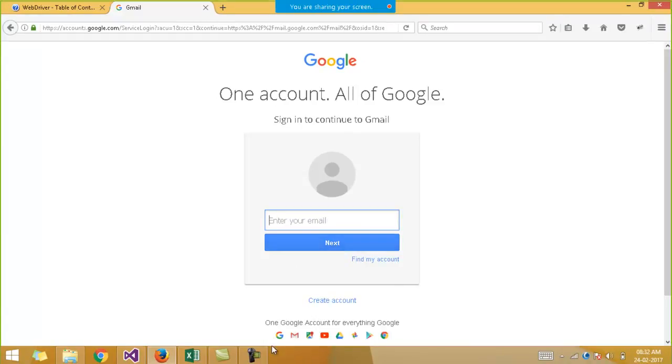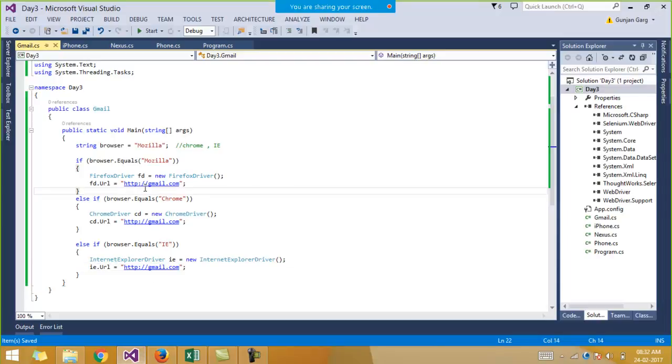So this means writing the same set of lines again and again in each and every if statement. For every browser you are trying to write the same lines again and again. Right, so this doesn't solve our problem. So how is it solved? This problem is solved by the concept of interfaces. Let us see that first.